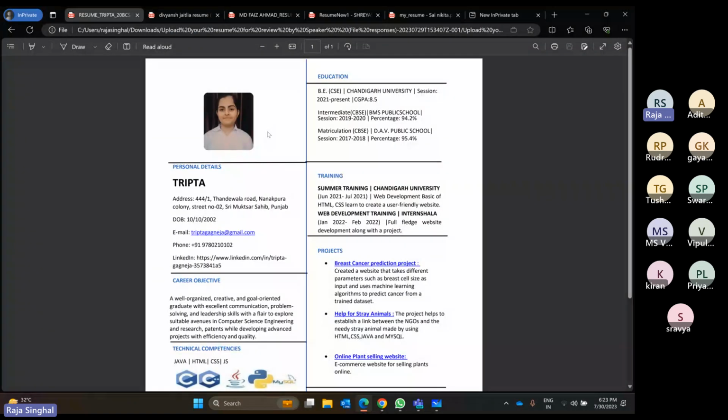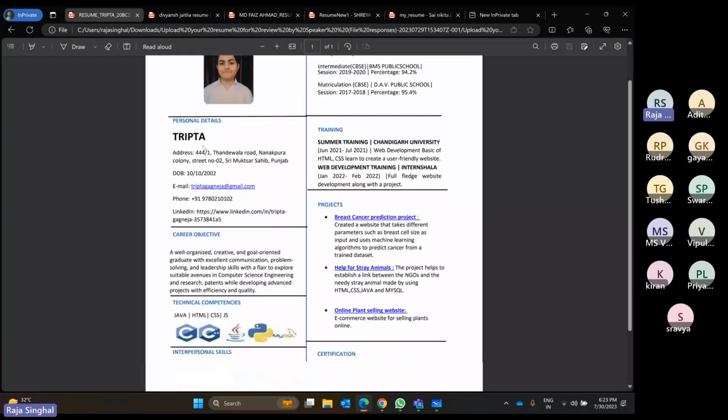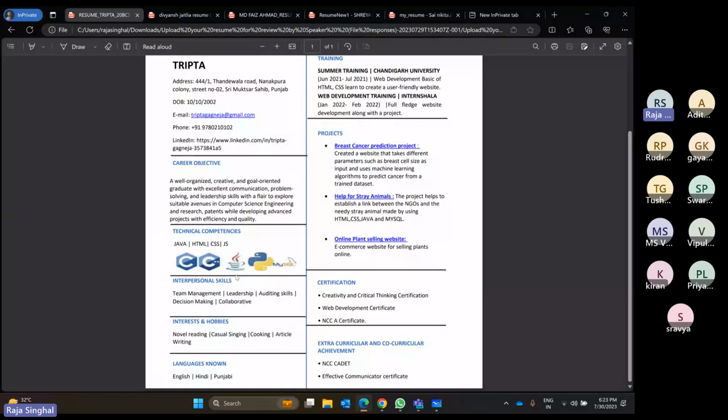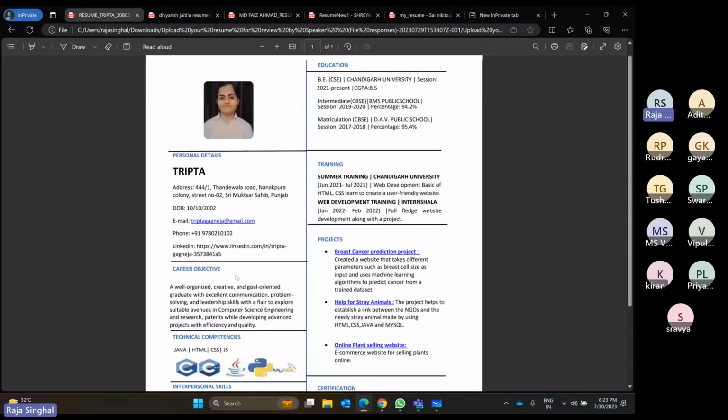Here the major issue is that the template is not good, and it looks a little ugly if you compare it with current standards and other students' resumes. Apart from that, there are a lot of things which aren't required in a resume. For example, there's no need for any images. She mentioned the C++ icons, so you should not include these things here. And the project description is also not good.